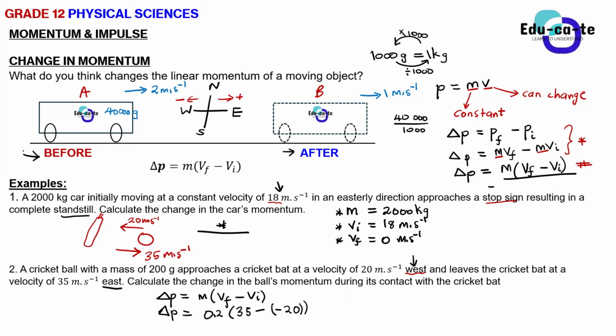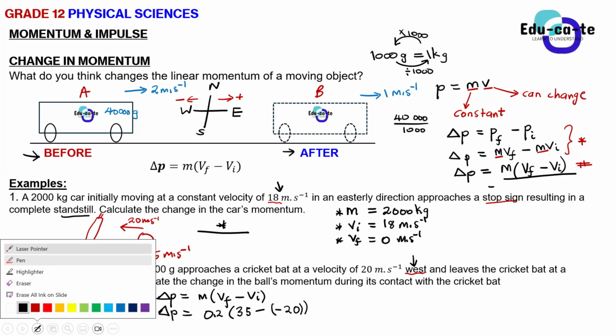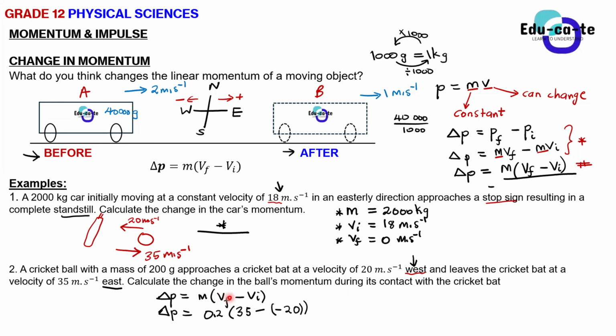Basically, you see this formula is saying mass into final velocity minus initial velocity. So when you make a substitution, you must follow the formula, meaning that you must substitute the final velocity, in this case 35, and you subtract the initial velocity, in this case negative 20. So if you just say 35 plus 20, you shortcut. It's correct, but it's wrong. It's correct in a wrong way. So I will say minus 1 mark. Yes, Mr. Mkuno's hand is there.